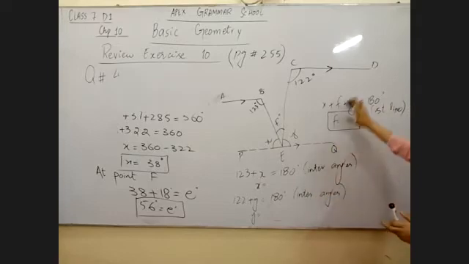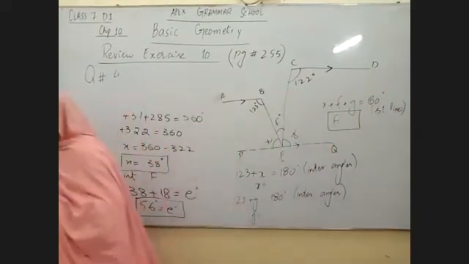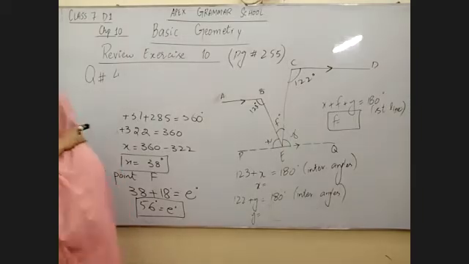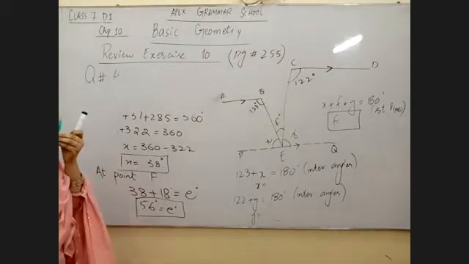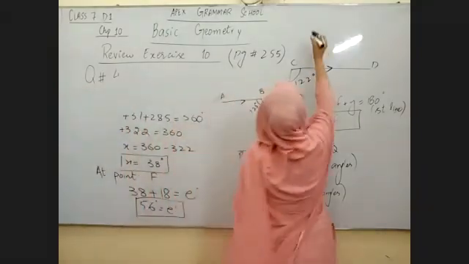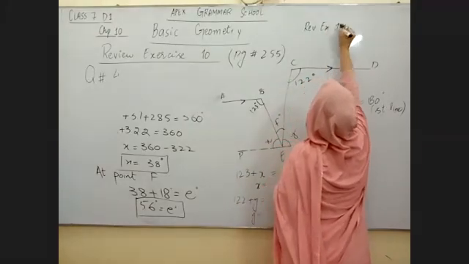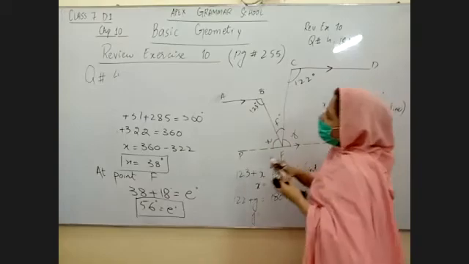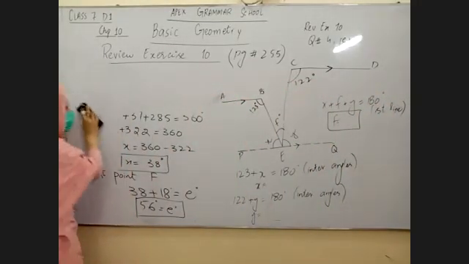Put the values of x and y that you get here, and find out the value of f by yourself. So review exercise 10, question number 4, E part, is your homework. You need to memorize it. I'm going to write it over here: review exercise 10, question number 4, E part. I will give you more homework. इसके अलावा भी आपको homework मिलेगा. अभी तक के लिए सिर्फ यही है.